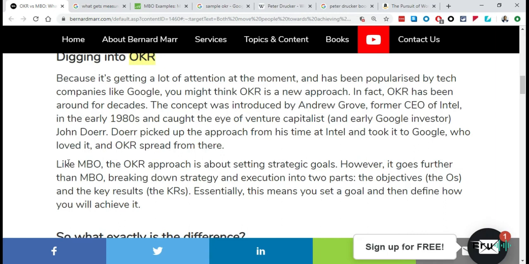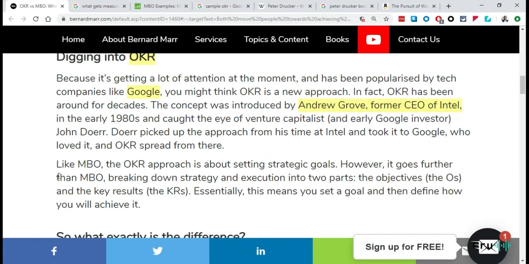But to get to that point, let's just get a quick definition out of the way. So OKR stands for objective and key results. It was popularized by companies like Google, which is why a little bit earlier I mentioned you might see this a lot in the tech circle. I haven't worked for Google, so I haven't come across OKR, but I've been seeing this more and more, and that's why this video is about time and it's due for us to make. So in fact, OKR has been around for decades, right? But I just haven't been exposed to it. The concept was introduced by Andrew Grove, former CEO of Intel, in the early 80s, and later championed by venture capitalist John Doerr.